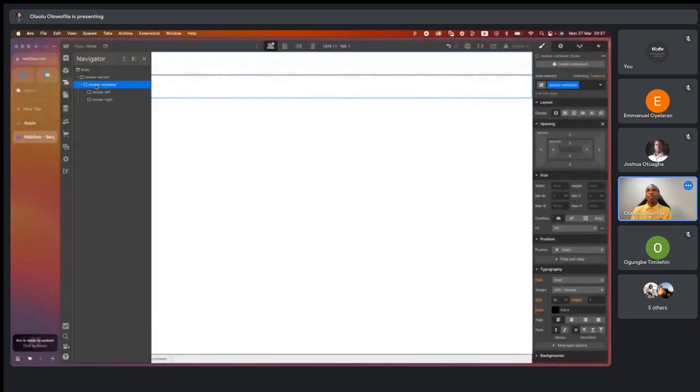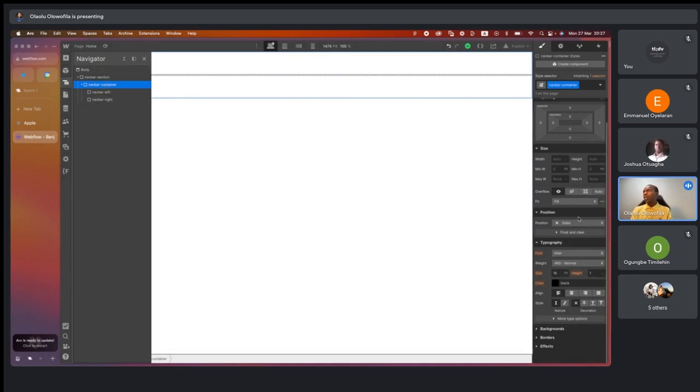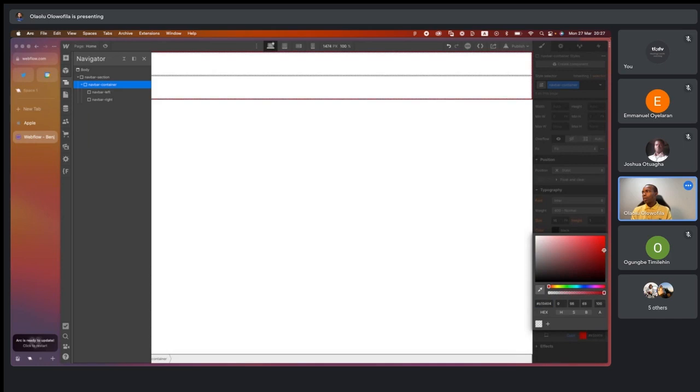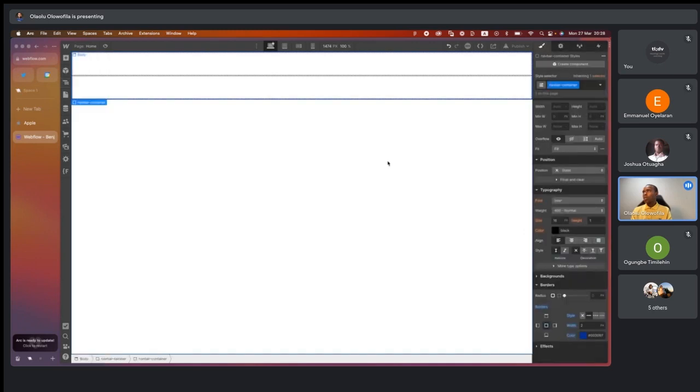You can see. So for you to understand how this already looks, I'm going to give this nav bar container a border, just for the sake of visual understanding, so that you can visualize what you are doing. I will come here, select this dashed line, and give it 2 pixels, and give it a color, so that you can see what you are trying to build. Now if you preview it,